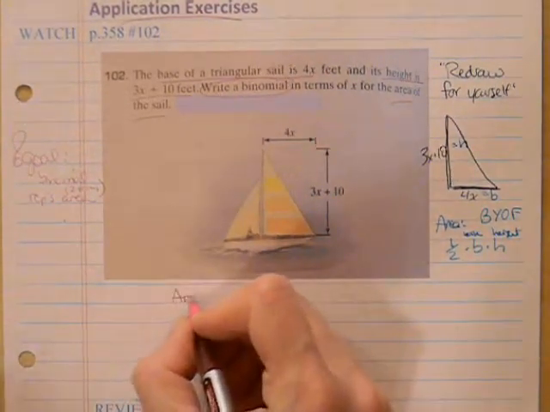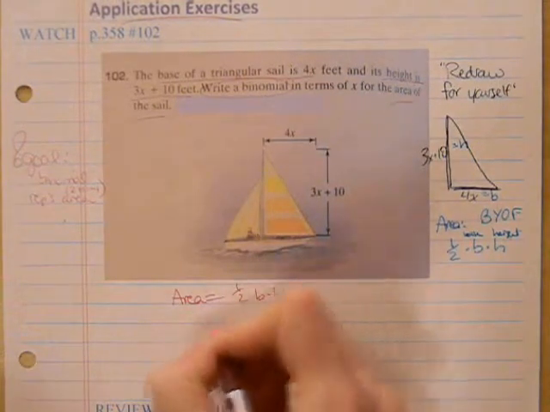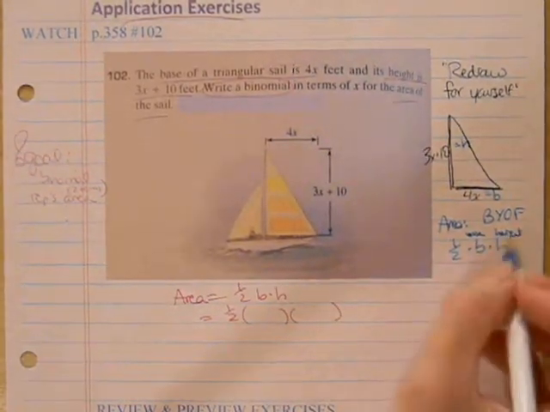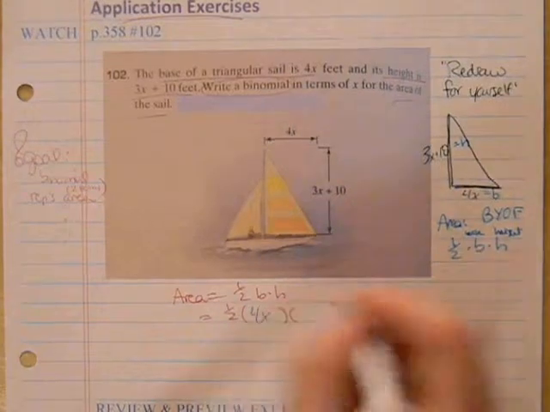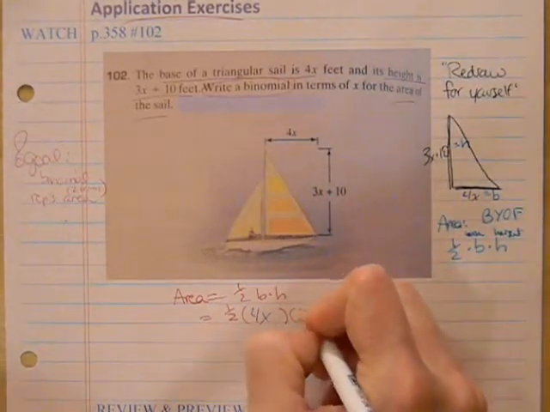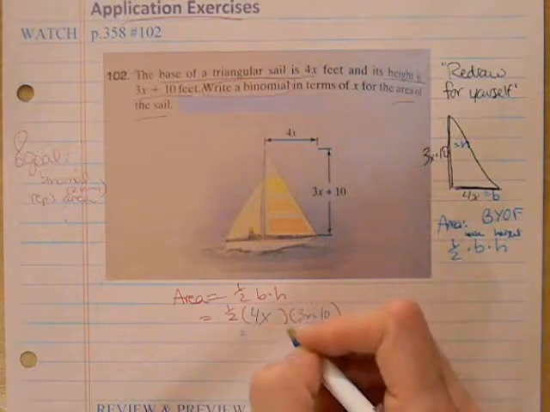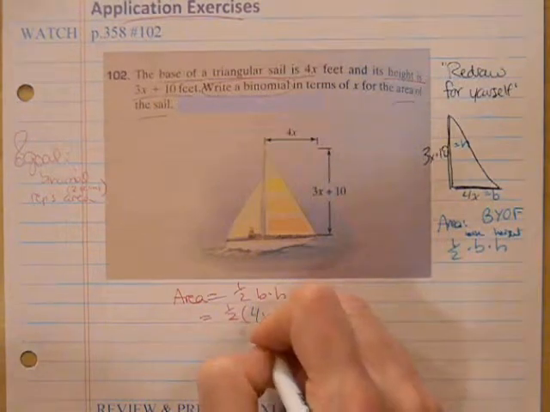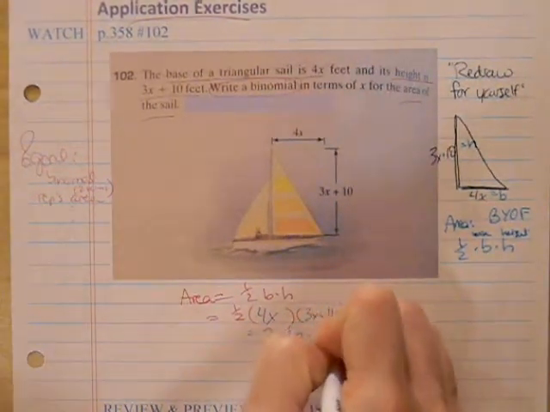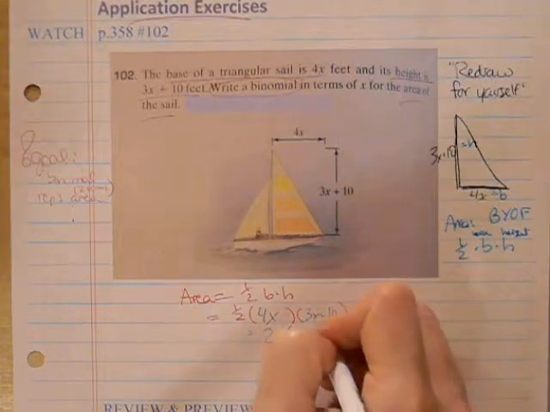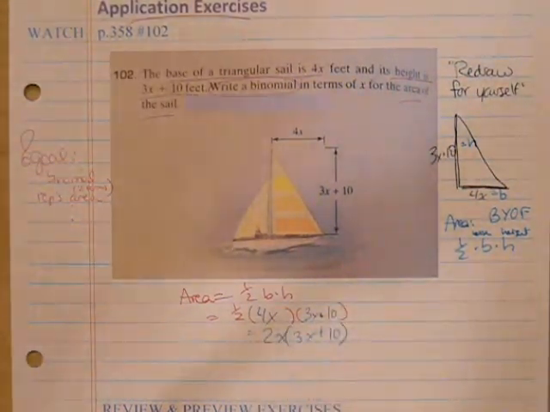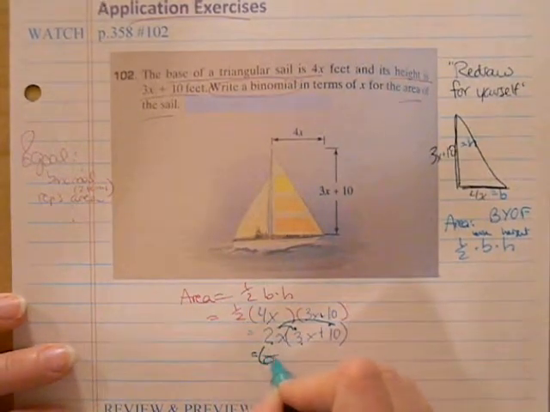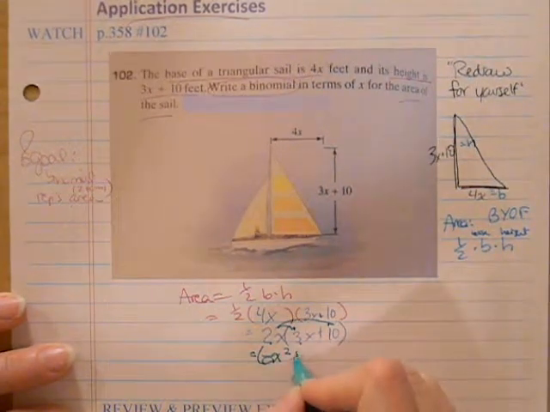So we know that the area is equal to 1/2 base times height, and now we're just going to replace what we know. 1/2 stays, but the base is now going to be 4x, and the height is now going to be 3x plus 10. In this case, 1/2 times 4x is just going to be 2x, multiplied by 3x plus 10. My handwriting almost got in the way there again. Distribute that 2x. 2x times 3x is going to be 6x squared. 2x times 10 is going to be plus